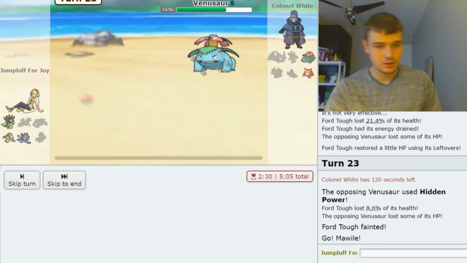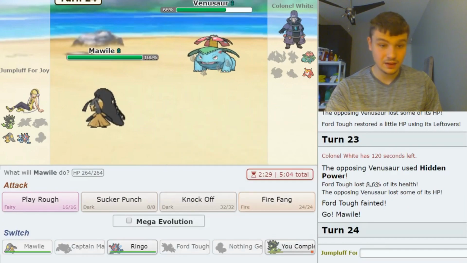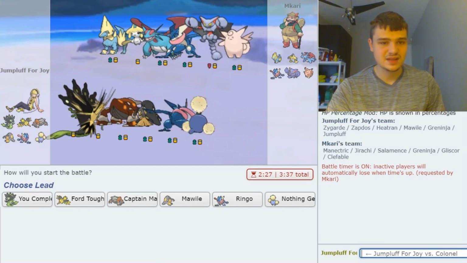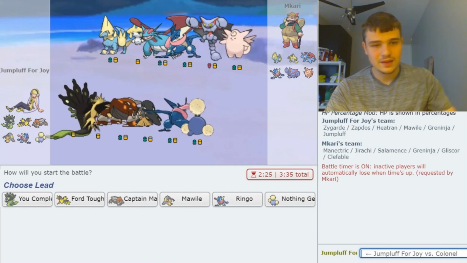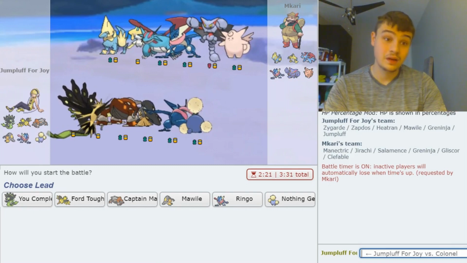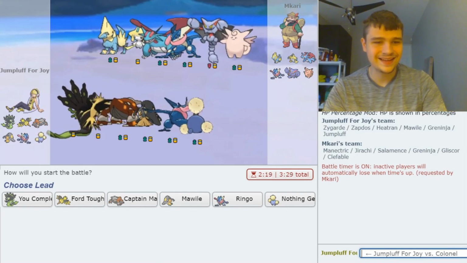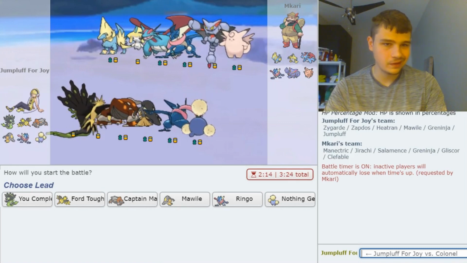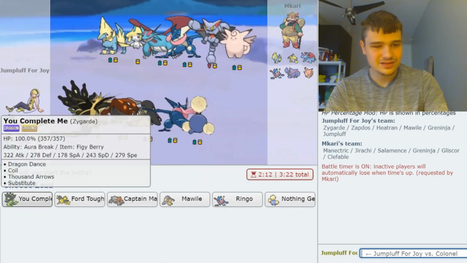Here, I just want to go into my Mawile. It cannot KO me. Knock Off will safely put it in range of anything Greninja has to offer, and then it's looking safe for us there. Interesting looking team, but fortunately a Mawile weak team, although what team isn't really? Probably see a Mamoswine or Greninja lead, but probably more likely Mamoswine. I think I just want to lead off with my